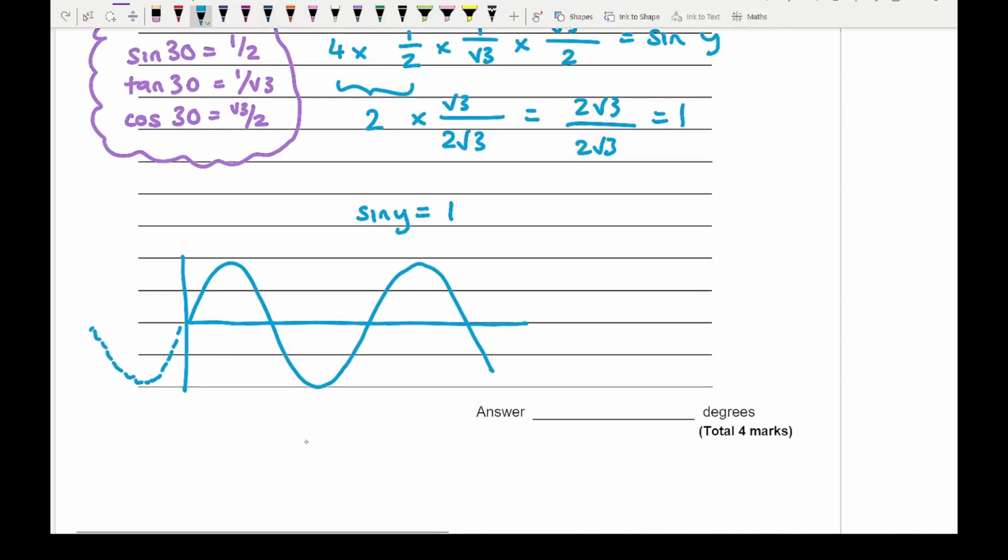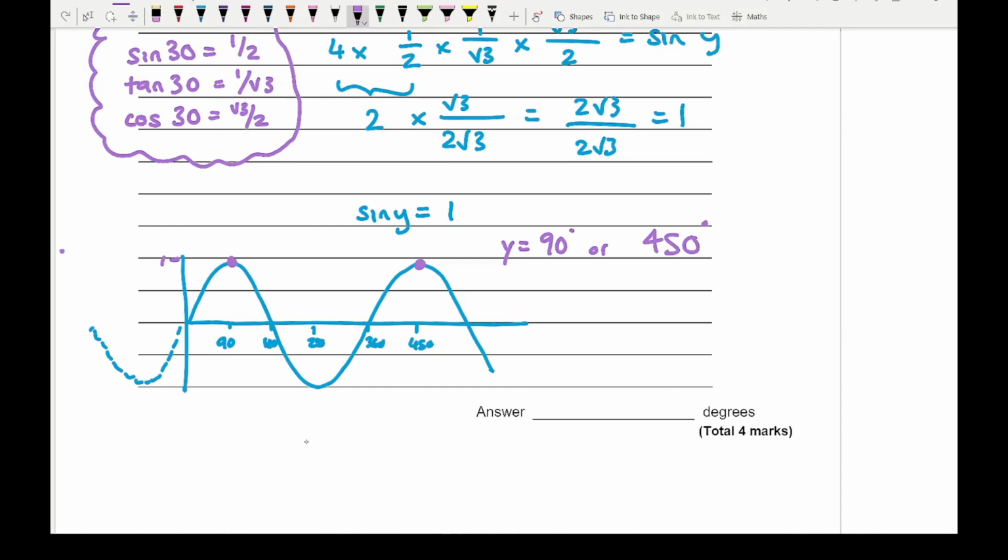Now if I then fill in the gap, so this is 90, that's 180, that's 270, that's 360, that's 450, etc. Now where it hits 1 is at this point here, that point way over there, and also that point over there. So here y could easily equal, the nearest one to the origin is going to be 90, the next one is 450, and again you could go in any direction, but the formula to work out whether your